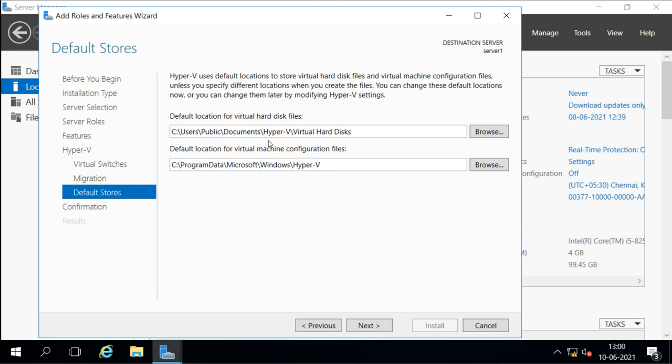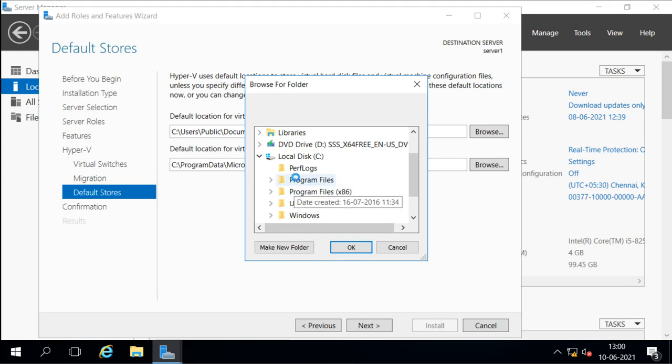Now this option is to say where you want to keep your virtual hard disks for these virtual machines, and where you want to keep your Hyper-V configurations. By default it is going under the C drive. So I will change the location because I want to use this virtual hard disk for the nano server.